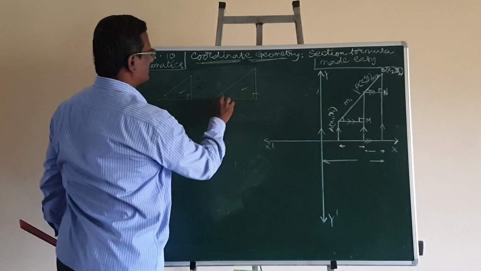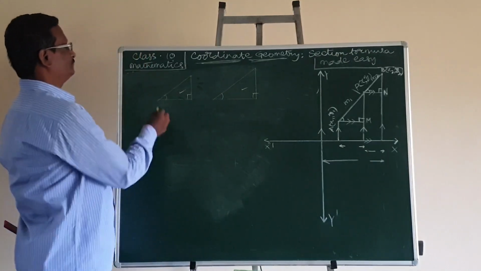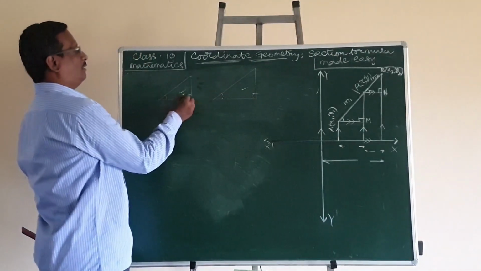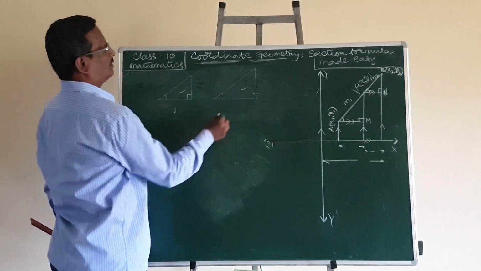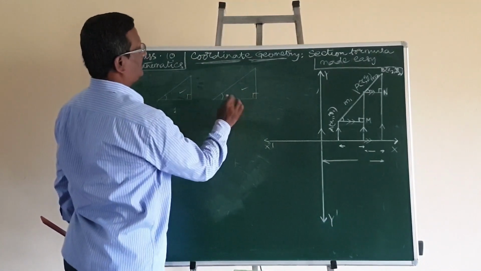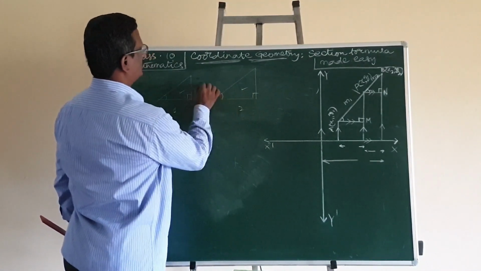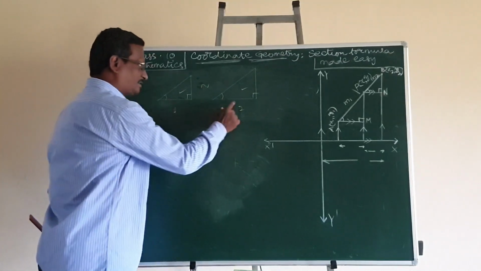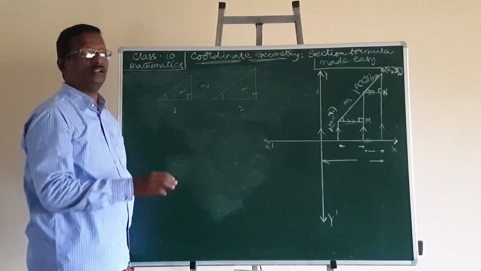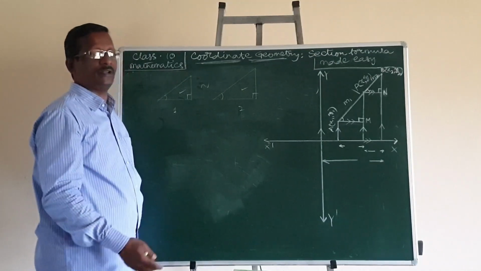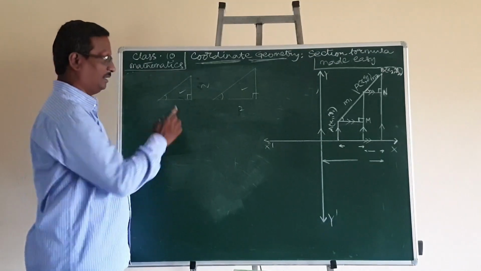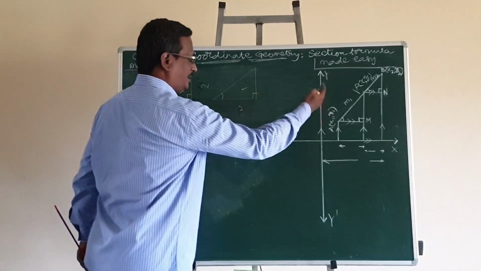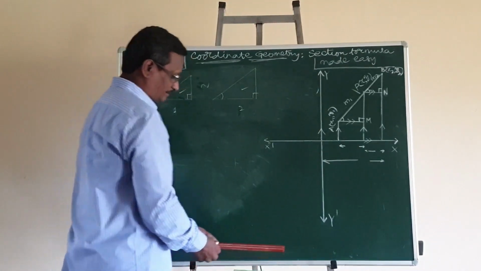This acute angle is equal to this acute angle, meaning the acute angle and right angle of triangle 1 are respectively equal to the acute angle and right angle of triangle 2. Therefore, the two triangles are similar. If two triangles are similar, the corresponding sides of similar triangles are proportional. This knowledge is also needed in the derivation.